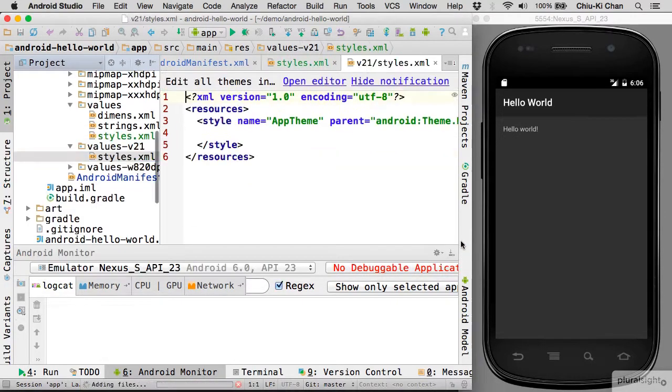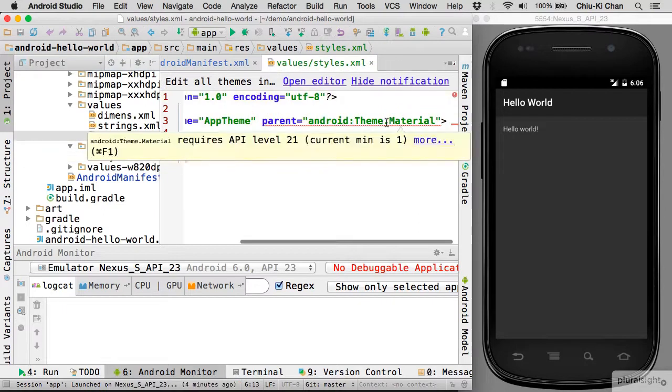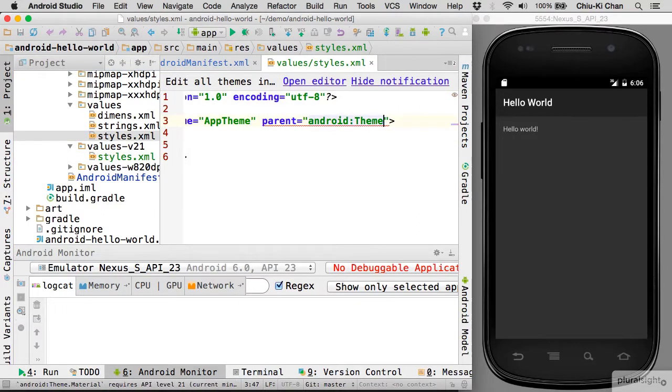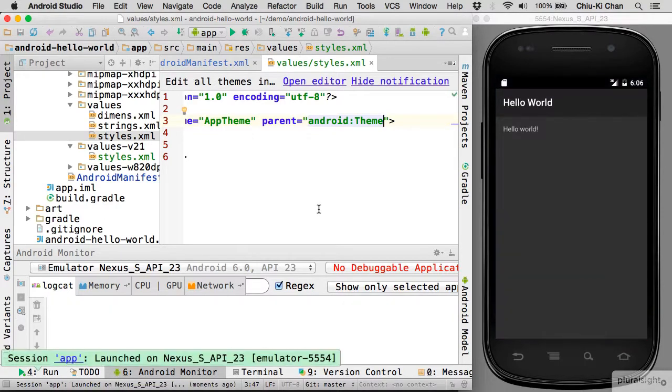After that, we can go back to values/styles.xml and revert that back to just theme. Now the red squigglies are gone. Let's deploy and make sure that our app still has the material theme in this emulator running API level 23. Yes, it does. Great! Using the same technique, we can apply holo style to our app when the device is